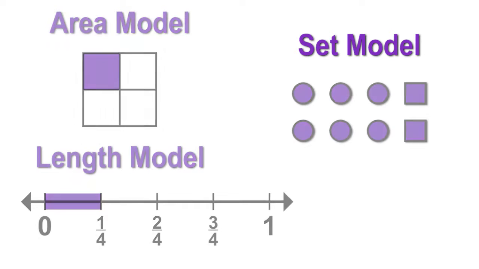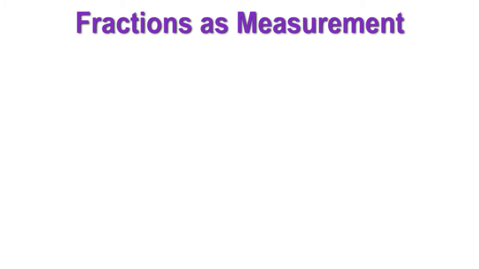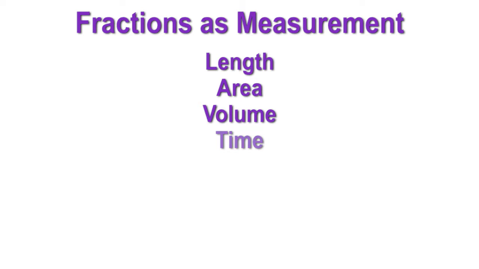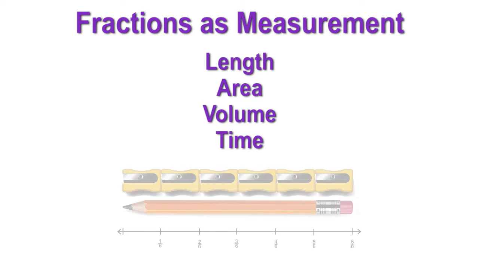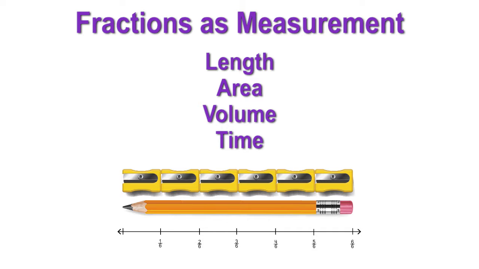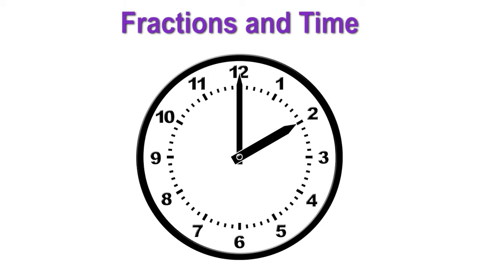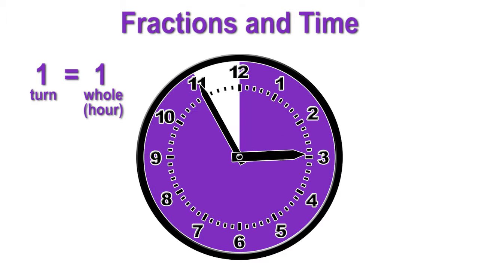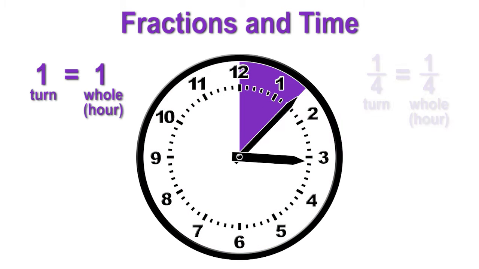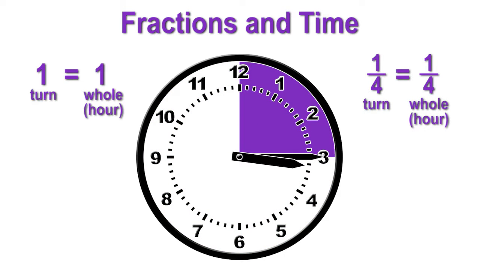The next concept students will build upon is fractions as measurement. The focus is on identifying an amount of continuous unit length, area, volume, time, and so on, and comparing that length to an amount equal to 1. The identified length can also be used as a measurement tool in determining the total length of an object. Students will use fractions when telling time. For example, 1 whole turn around the clock is 1 whole. 1/4 of a turn around the clock represents 1/4 of the whole clock, or 1/4 of an hour, also referred